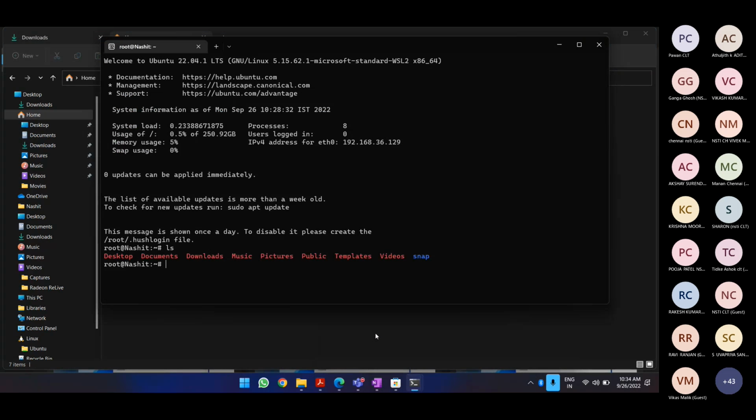Now, what are the other commands that you already know of? We have to learn a few of the commands. That is fine. But let us first try all those commands which you guys already know.